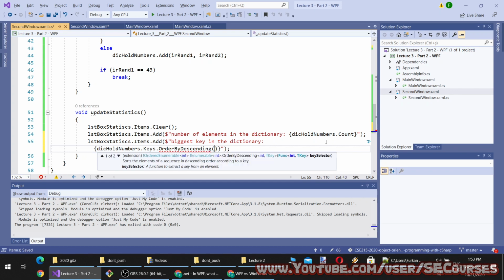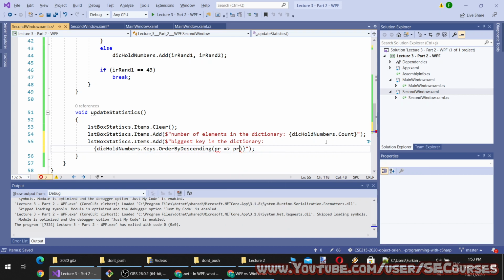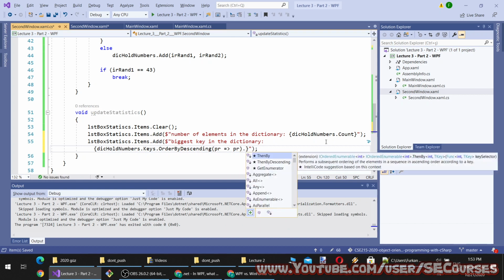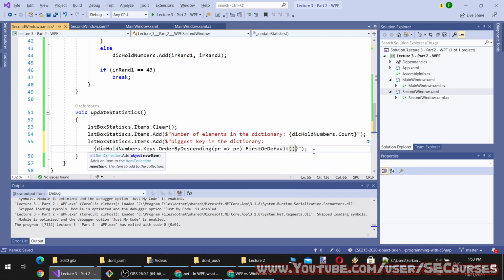And first, called the biggest key. Let's say first key.